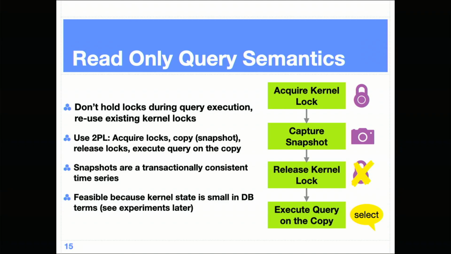So one of the things we don't want to do is hold a lock during the query. Like if I'm going to say list all of the processes, I don't want to grab the process lock from user space and just hold it while I read data out of the kernel. That seems really bad. So instead we use the snapshot approach. We take the data structure, we take all the memory, we just do a memory-to-memory copy, we move it over here, and then we operate only on the copy. And that means we hold the lock for the shortest period of time.